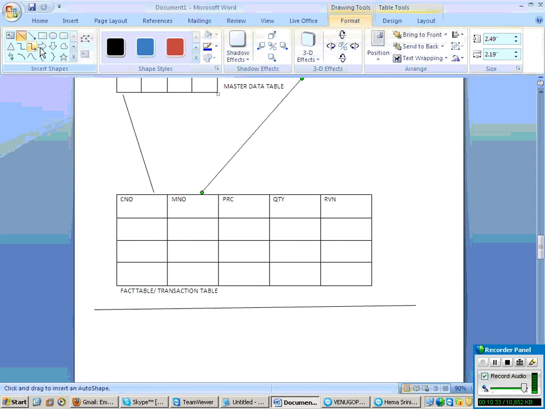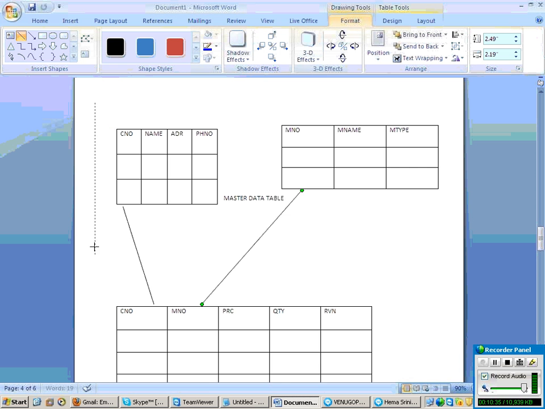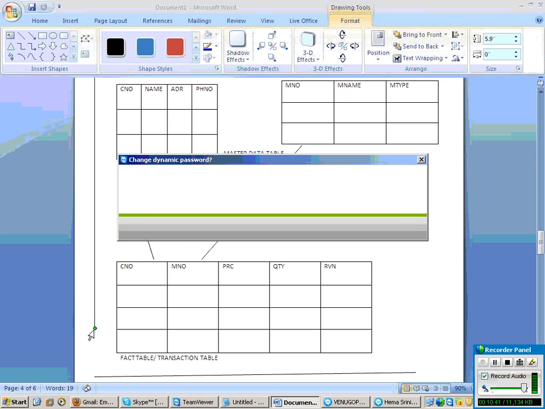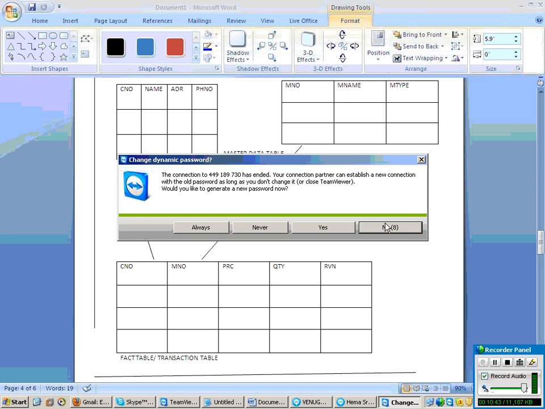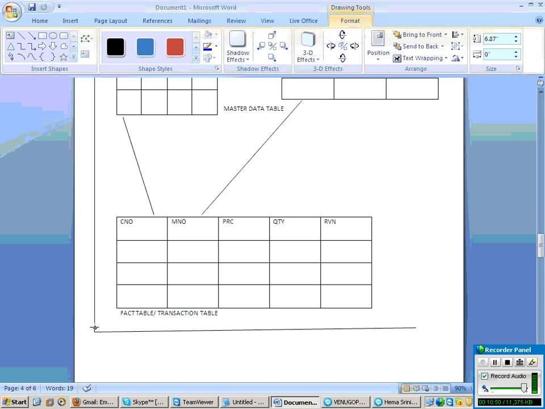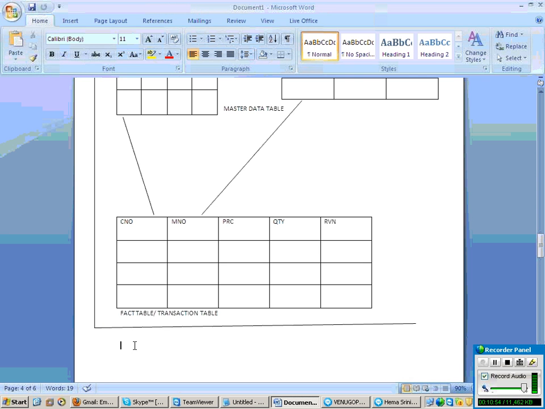Right? And cube has 16 dimensions. Cube has 16 dimensions, right? No, multi-dimensional. So it's totally 16 edges will be there for the cube.